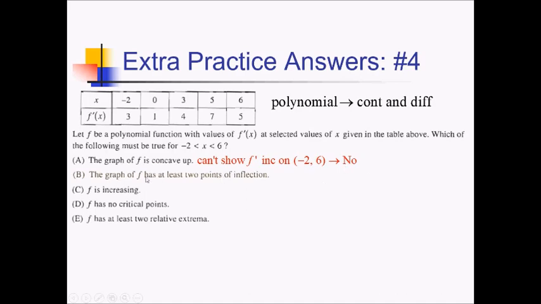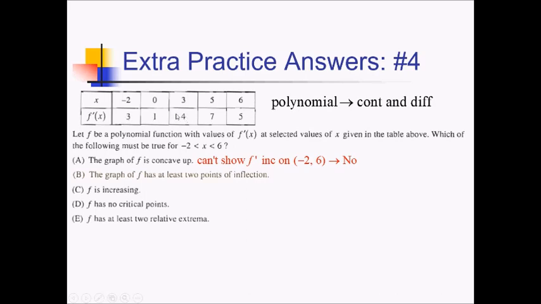Choice B, graph of f has at least 2 points of inflection. Okay, well, let's look at that. So points of inflection are going to be places where our f prime is changing direction. So to get from 3 down to 1 back up to 4, there must have been some direction change happening